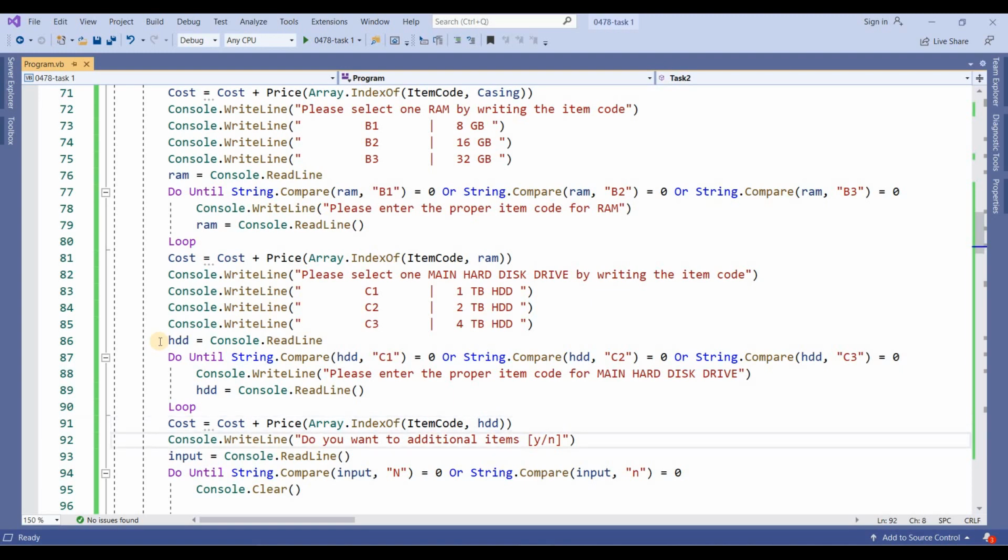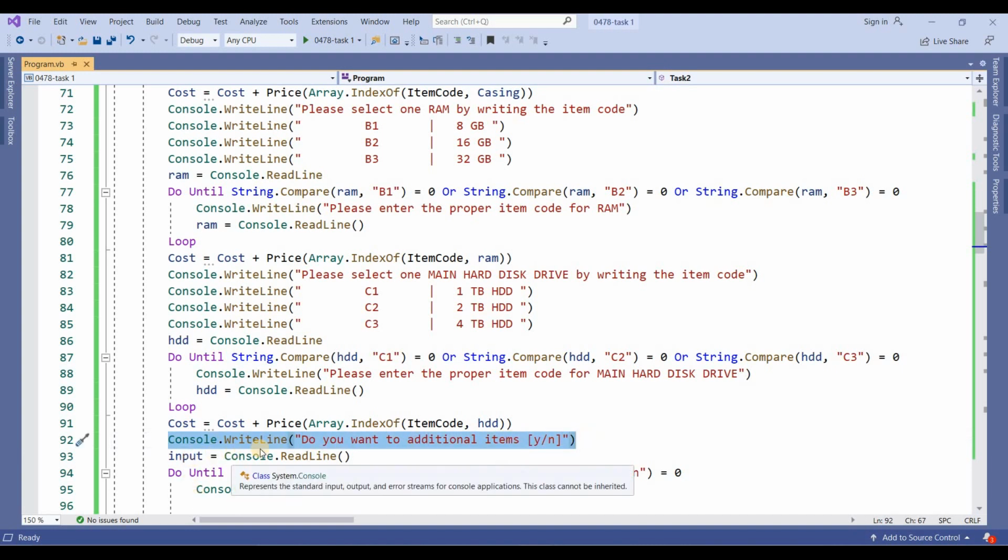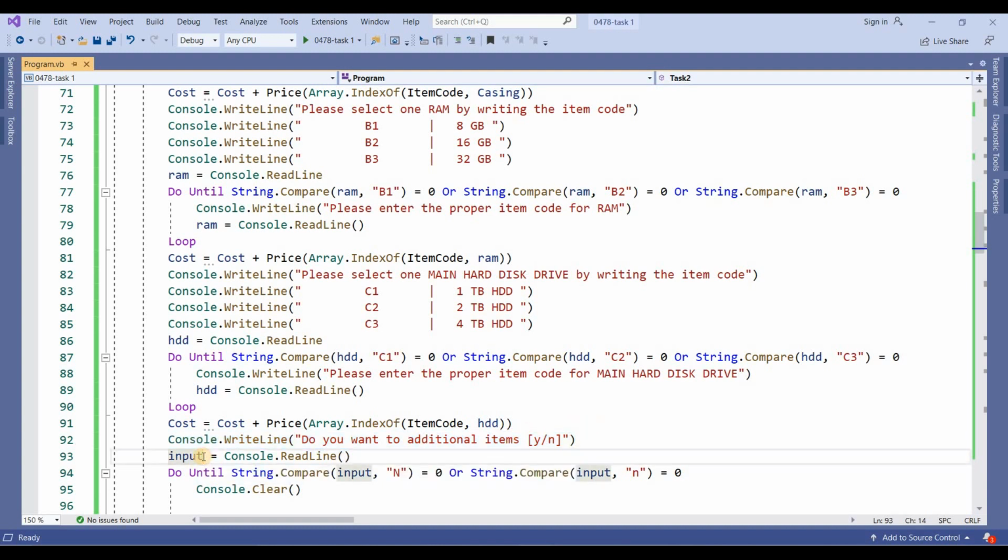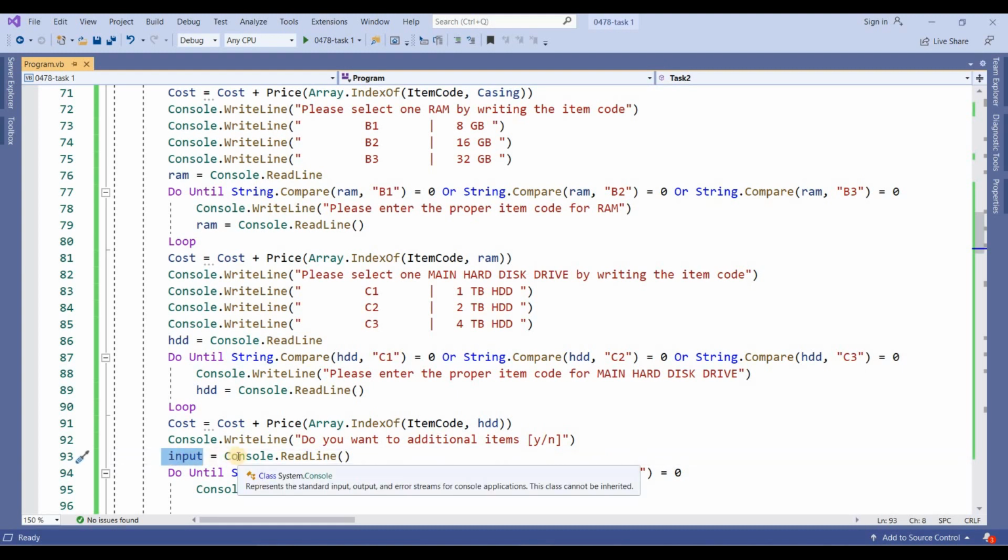But in line number 92, I'm displaying this message, Console.WriteLine, do you want to continue? Do you want an additional item? You will enter your input into the variable input.